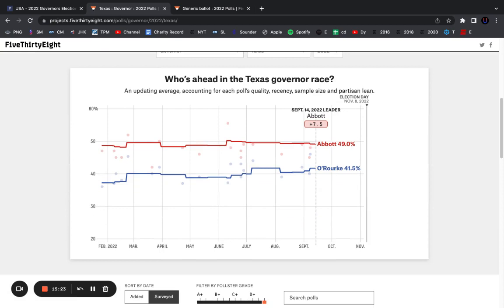Because historically, Texas polls have underestimated Democrats. Beto was underestimated by I think 2% in 2018. Hillary was underestimated by I think 1% in 2016. Yes, in 2020 the polls overshot Biden by like I think 4%, but the polls were really bad everywhere in 2020, and I think they're going to revert to only being bad in the Rust Belt.